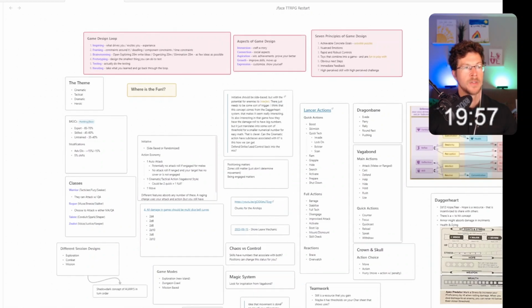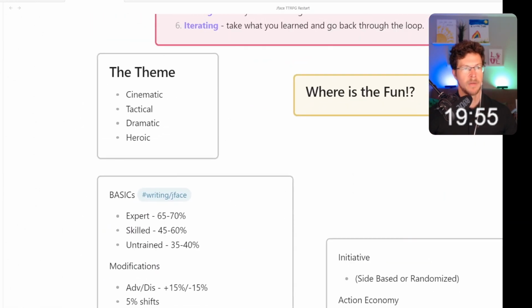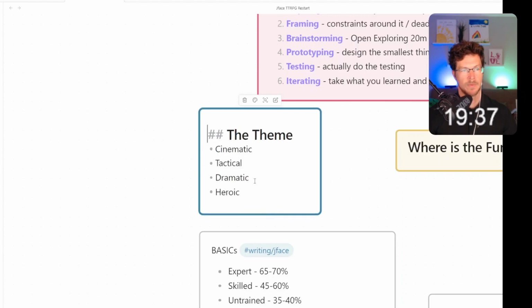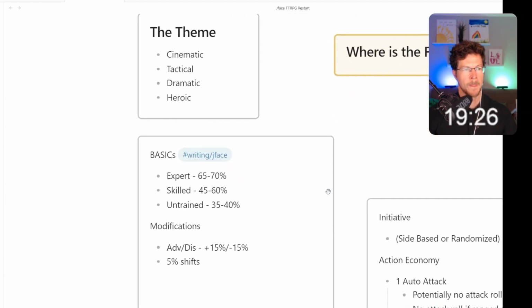Okay, so first we have theme. For me, this kind of comes from MCDM, they talked about what they use. And so my theme that I'm going with is cinematic. I love that. I love tactical, heroic. So those 3 things I share with MCDM. We just might represent it differently. And then the last one I had was dramatic. I like the idea of making it feel dramatic. You know, you can feel heroic, but not feel like there's drama involved. And so I'm going to try and make it feel dramatic in a way.